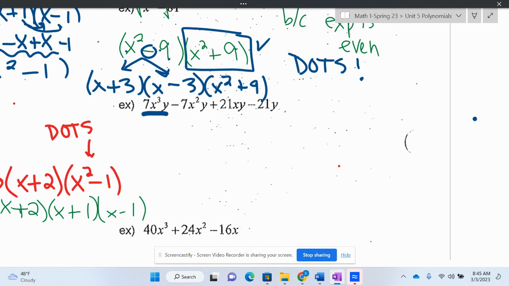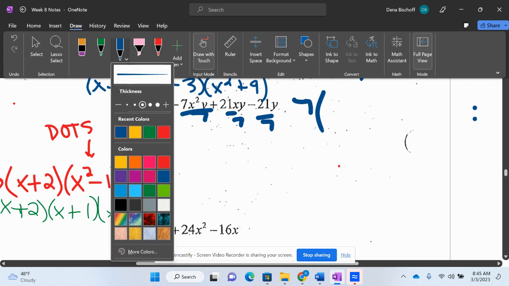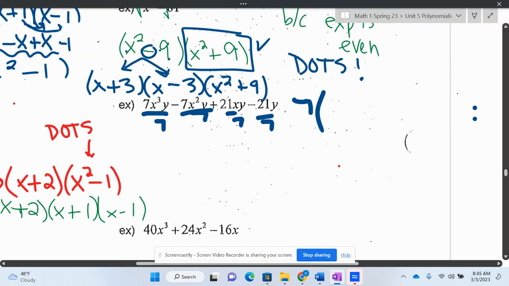So I'm going to take a 7 out, 7, 7, 7 from everything. So when I take that 7 out, I hate the way that pen looks. My pens do not work, so I'm using a fat foamy thing, and it's horrible. So when I take a 7 out,